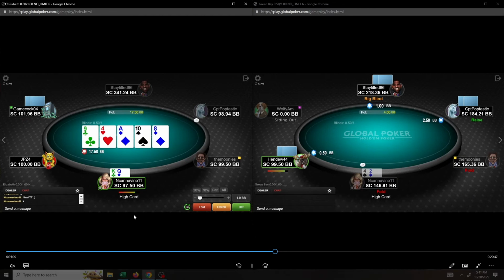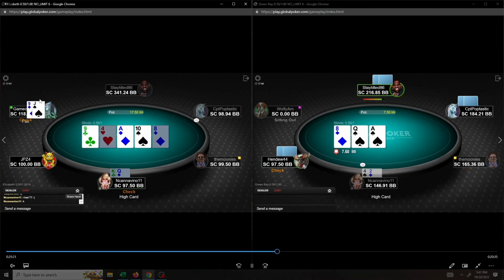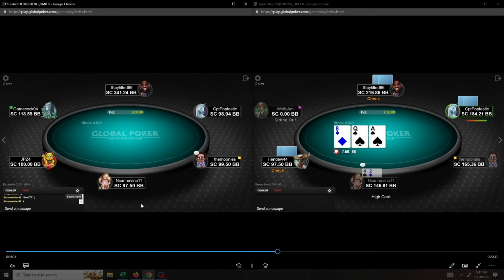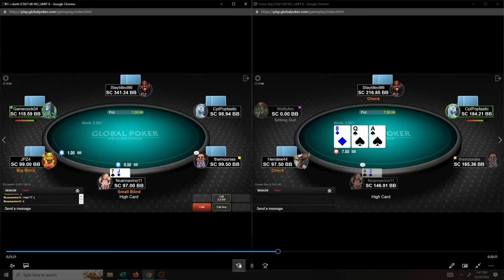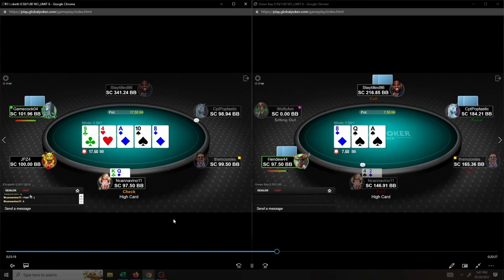I bet 70% with my gutshot after he checks that, and this probably seems like a good bluffing spot to me. But the problem is the 8 brings in jack. I'm sorry, what did he have? 8, 9, 10, nines. Okay. So I think I was afraid of a straight